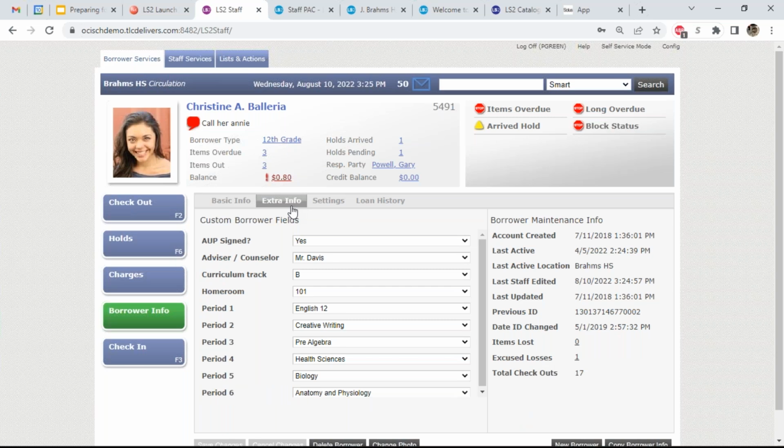We also have the extra information tab. This is a series of what we call custom borrower fields. These have been created by the school, and this can also be populated by the student information system. So maybe who is their guidance counselor or advisor? Are they on a particular curriculum track? Where's their homeroom? What is their class schedule? Things like that. That can be automatically connected to the SIS,